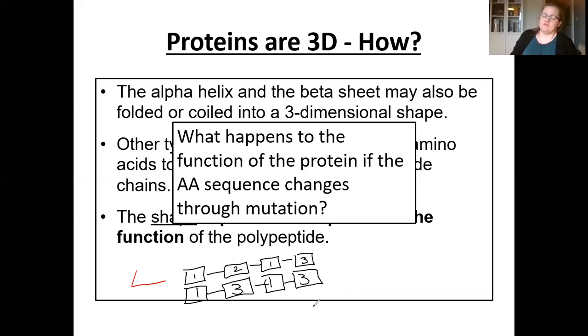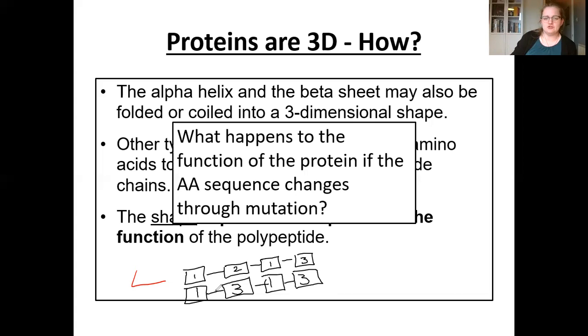The shape of the protein will change, which then will lead to the function of the protein potentially not working. It depends how big a difference this change causes. If you think that we've just said they're really, really highly specific, if we think about enzymes, the active sites have to really, really stay the same. They have to be really, really specific. If one thing changes,